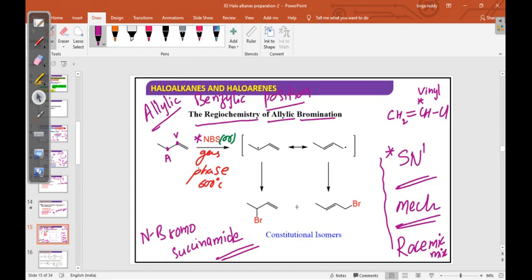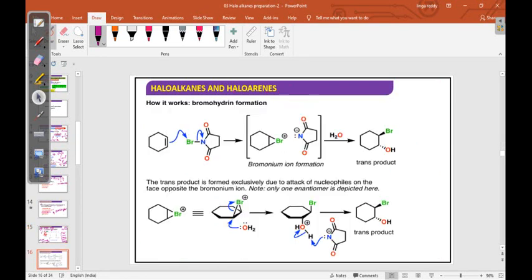See, wherever a free radical is there, we have to consider it almost similarly to an electrophile. Electrophile character and free radical character are similar. Now, of course, without this NBS also, sometimes you can observe the same type of reaction in the gas phase at higher temperature, around 600 degrees Celsius. Same allylic position, halogenation takes place. Okay, next, see, this is the NBS, N-bromosuccinimide.